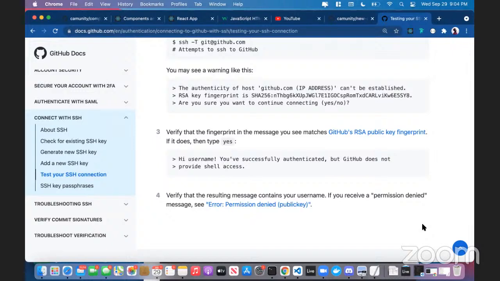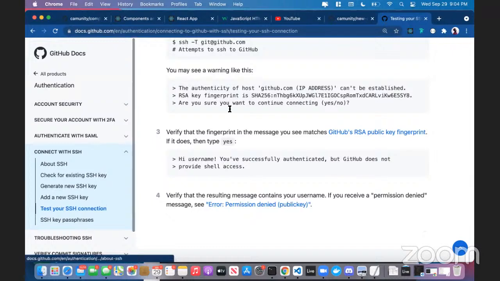So I highly recommend that y'all take the time to set up your SSH stuff within your GitHub on your local environment. And again, by doing it once, you never really have to do it again. It's a pretty good way to just make sure that your account is authenticated for the long run. So yeah, what I'm going to do is